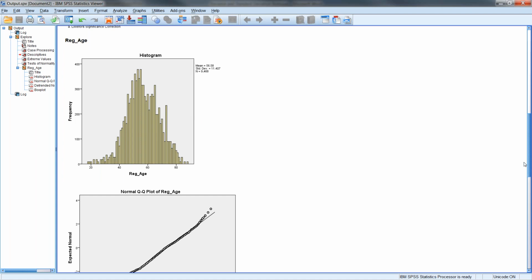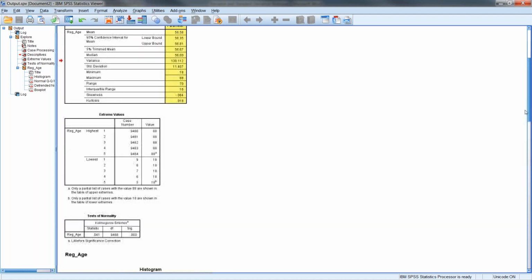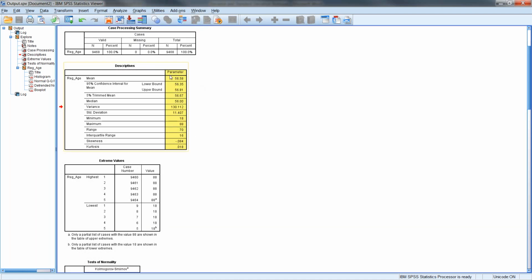We're going to be pulling samples out of it, and I'll show you how it goes with this. But I'm calling this the population, so I changed this to parameters. So our true mean is 56.58. Standard deviation, see how small it is compared to the variance? Our variance is 130.112. Okay, well, we look at that and that doesn't really give us an indication of anything,